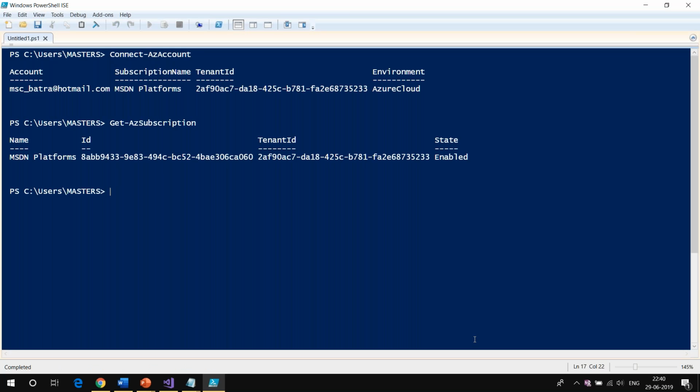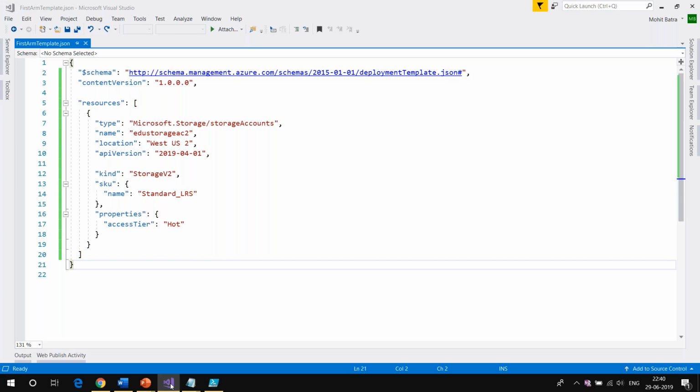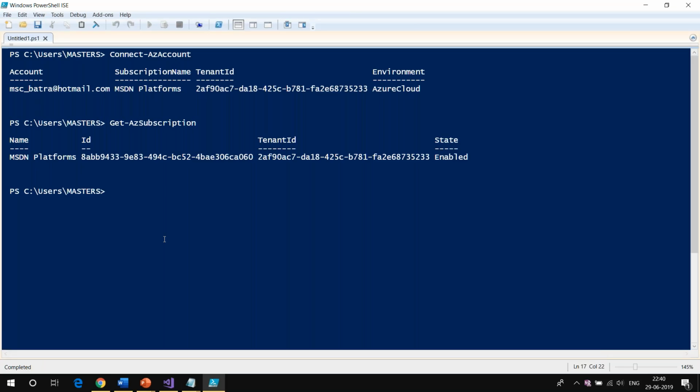All right, so everybody clear? So what we have done so far, we have created our first ARM template, and we have used the PowerShell. Of course, you will have to set up. Then after setup, you can go and say connect AZ account. This will help you to connect to your Azure subscription by providing username password. Then you can run this command if you want to see the list of subscriptions in your account. Now the next part is to do the deployment that we are going to do after the break.